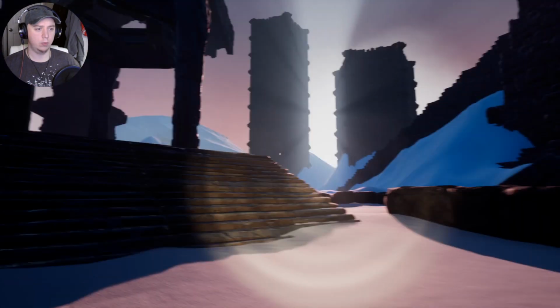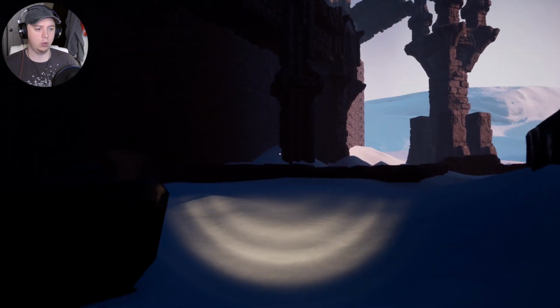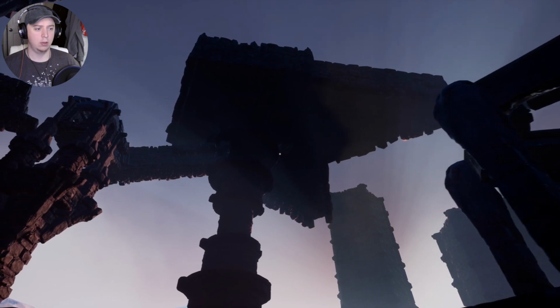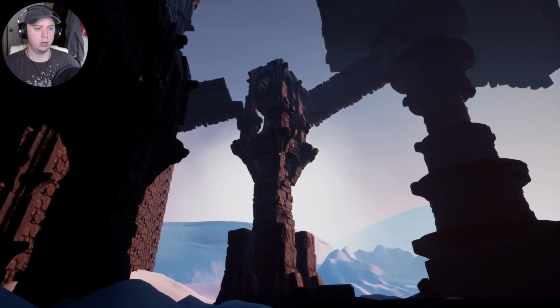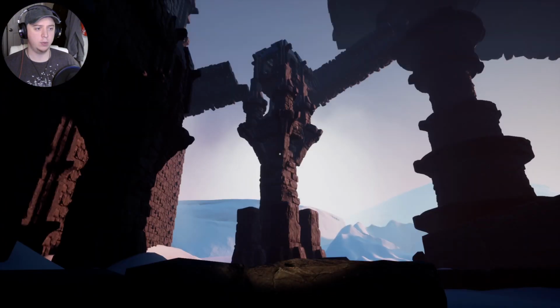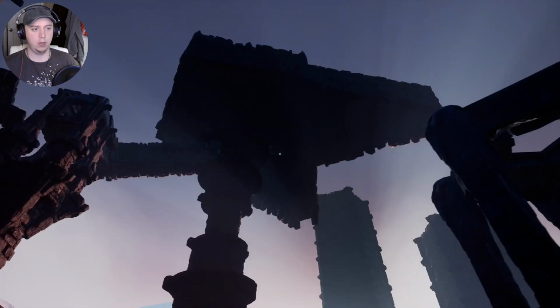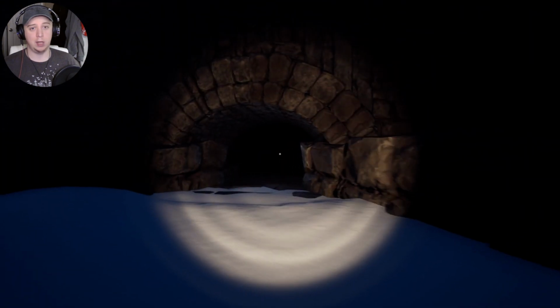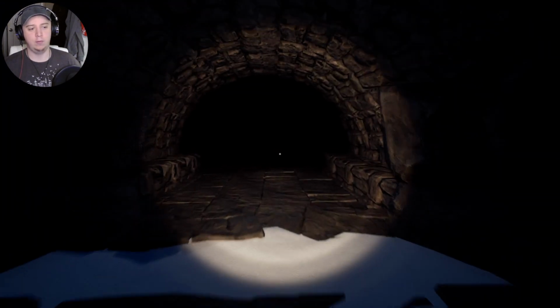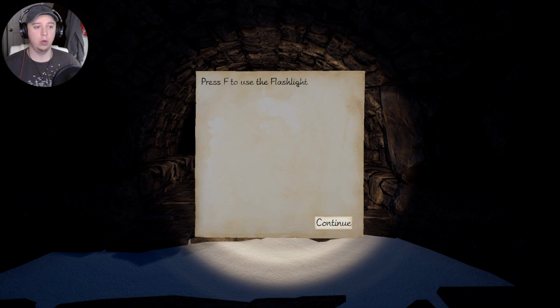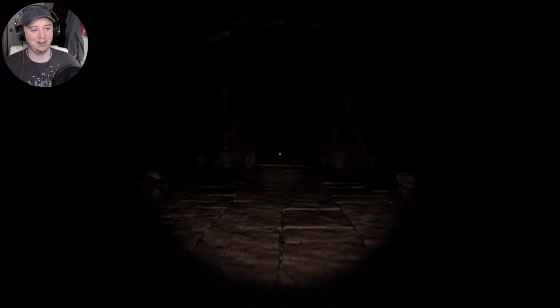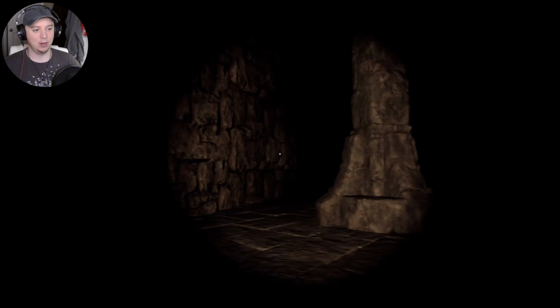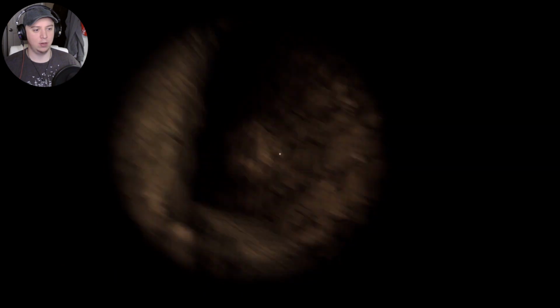Alright. Well, since we looked over here, we're gonna go over this way now. I like the weird architecture, to be honest. It's kind of bizarre. It's so massive, though. I don't know if this is supposed to be an undiscovered location or something, but I feel like... Oh, here's the tutorial for the flashlight. Okay. I was hitting a bunch of keys earlier, because I was like, what is going on? Oh, here's some ambience. Here we go.